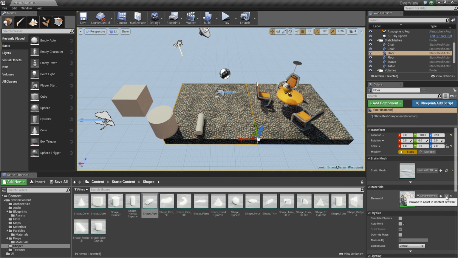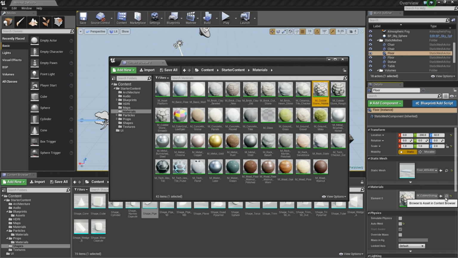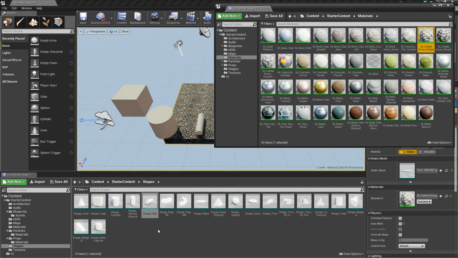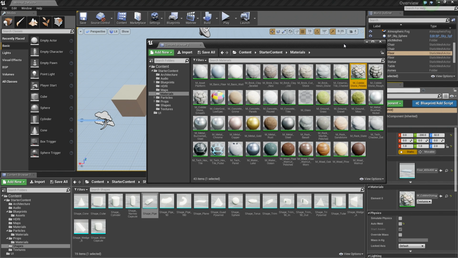We can click this little magnifying glass, and because our content browser is locked, it will pop up a brand new content browser with only materials. Now I say why this becomes handy if you have multiple monitors is that you could have one content browser just for materials on a separate monitor, another content browser just for static meshes. So you can quickly place static meshes, then quickly place materials on them by having multiple content browsers up at